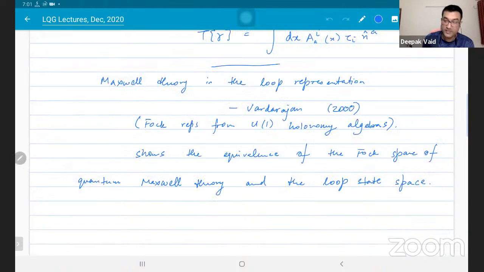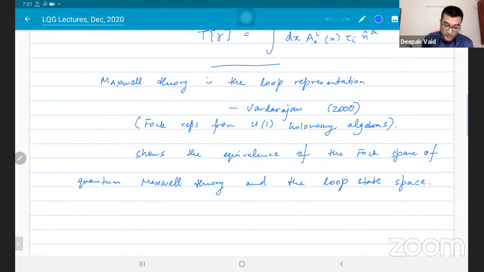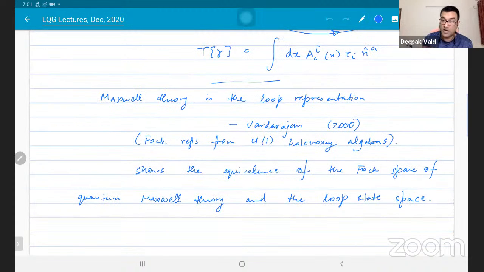But of course, those who have watched these lectures and are familiar with my work and papers will know that, all jokes aside, I think that a successful theory of quantum gravity has to combine elements of both string theory and LQG. Okay, so now the question is, how do we construct our operators and so on and so forth?